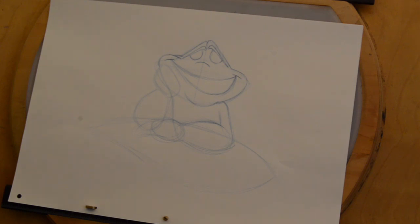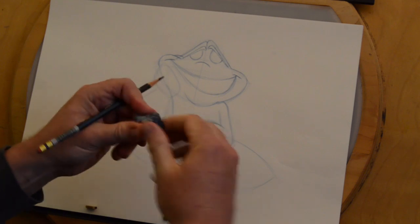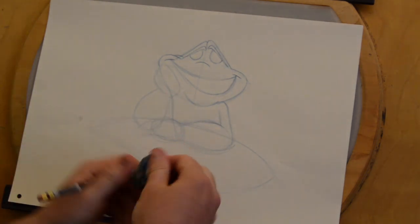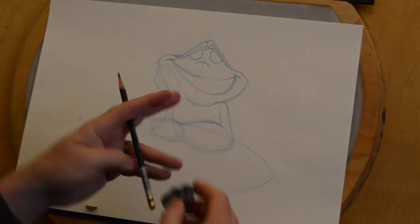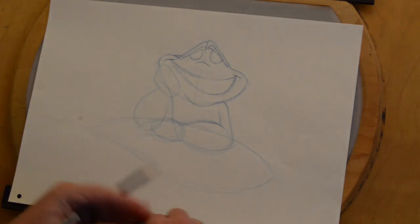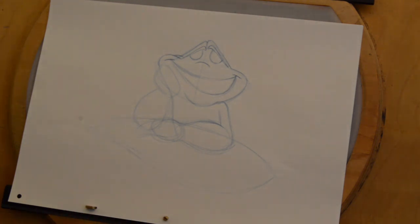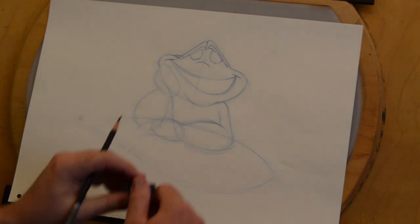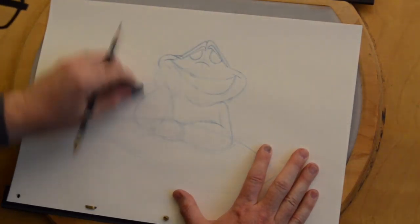And usually at this point, I take my kneaded eraser, which is a really soft eraser that you can move around. You can see by my kneaded eraser being so dark blue, and I draw with a blue pencil, that I use it a lot. I like having an eraser because I make lots of mistakes and I always want to be able to fix them. So once I have my underdrawing in, this is where I'll rub it all down really lightly